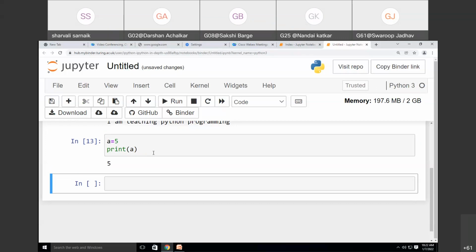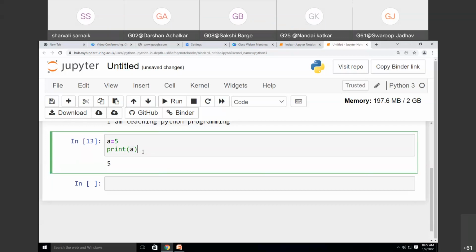Remember, if you want to print any statement, then use quotes. If you want to retrieve the value stored inside the variable, then don't use the quotes. Simply write the variable name, that is A. So the value stored inside A, 5, is coming as an output.